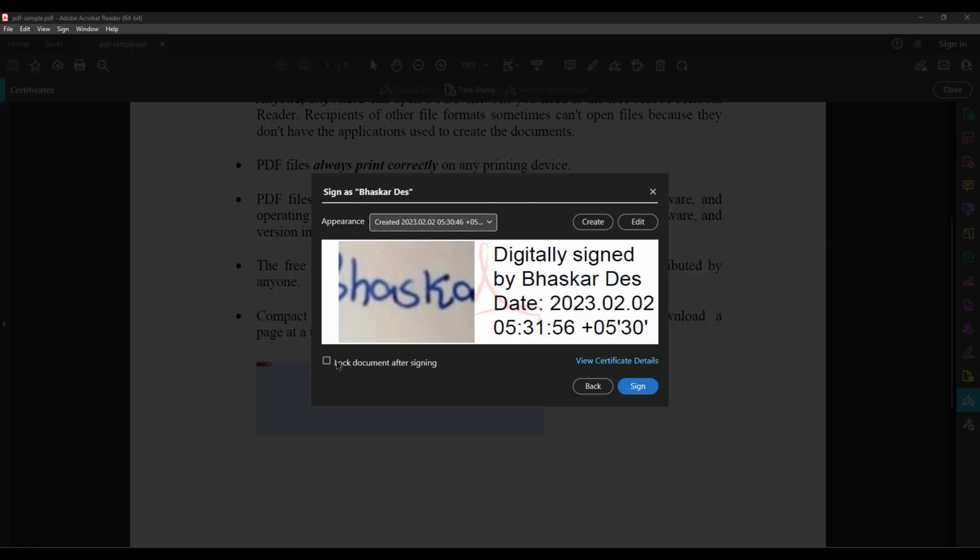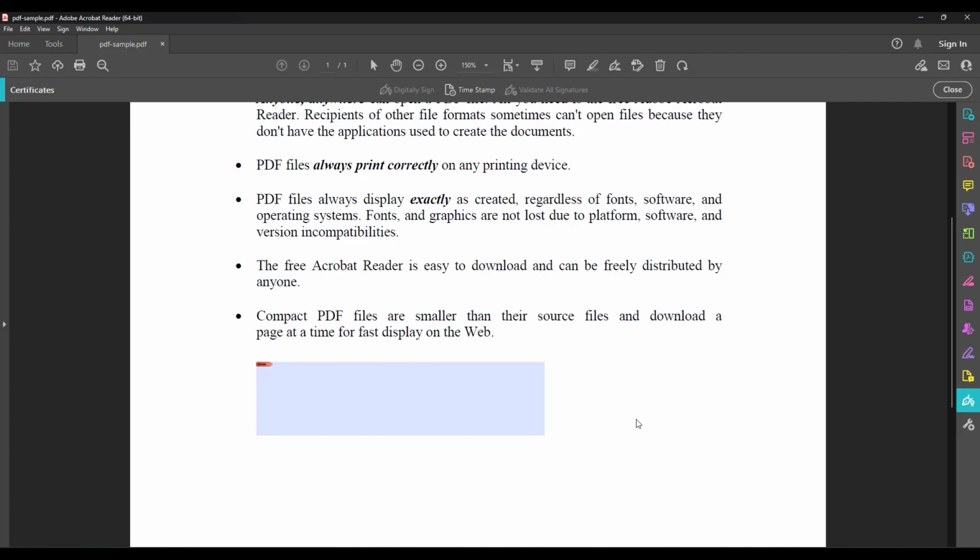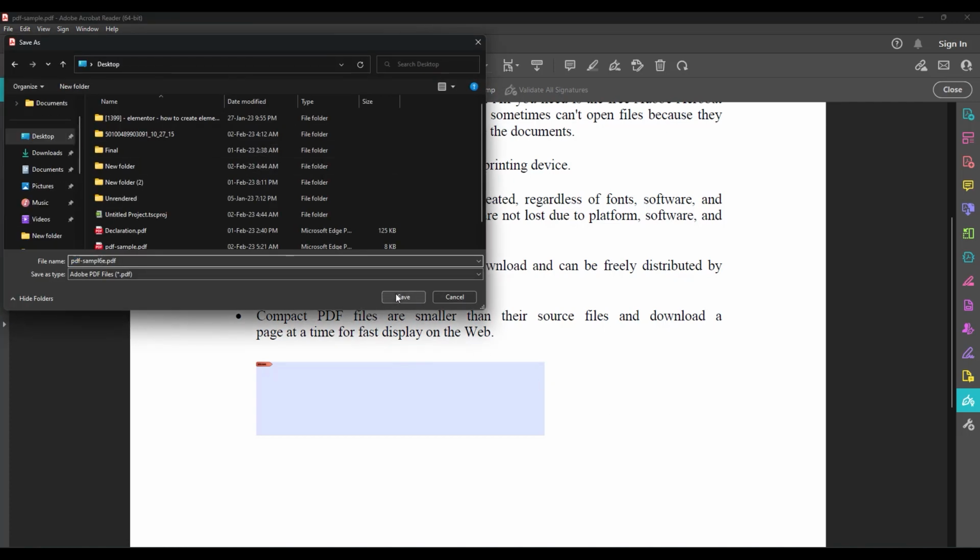Then make sure to lock the document because it is a signed document and it's quite important. So just simply lock it, then click on sign, then save it to a location,